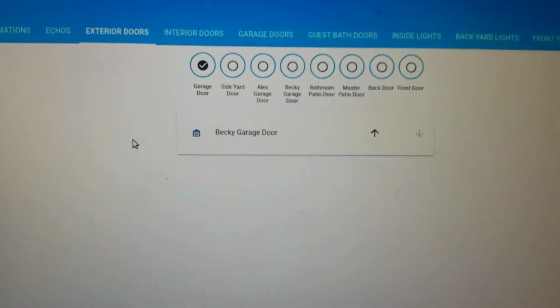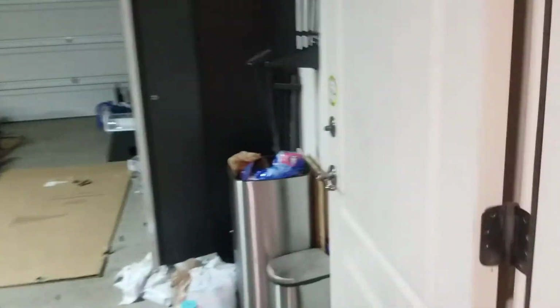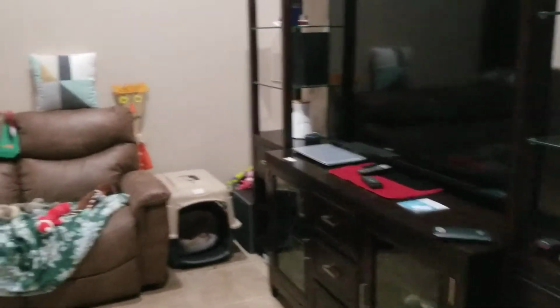Now it looks like what it's saying is still open is the garage man door right here, which is open. So now when I close this, it will continue the automation and it'll go into good night mode. It also triggers an August lock over here. Turn this light back